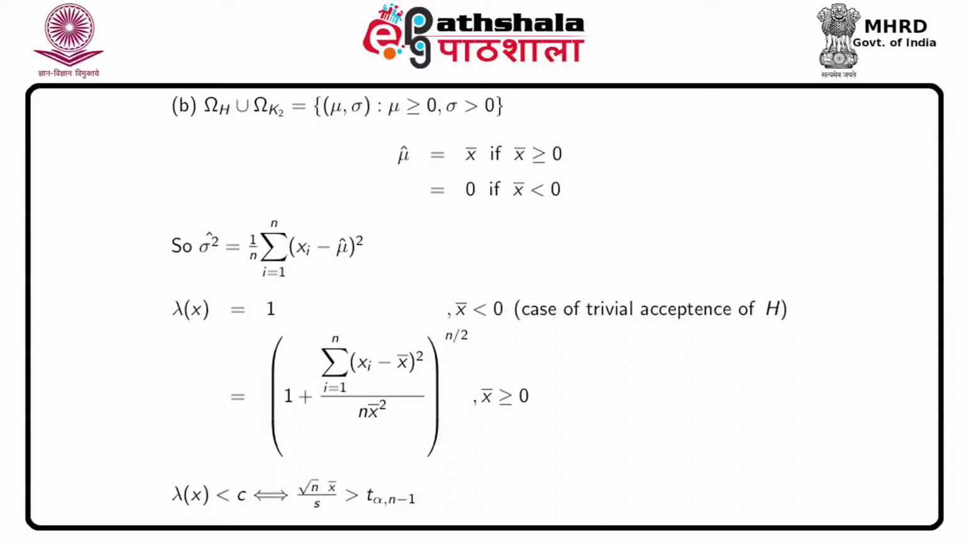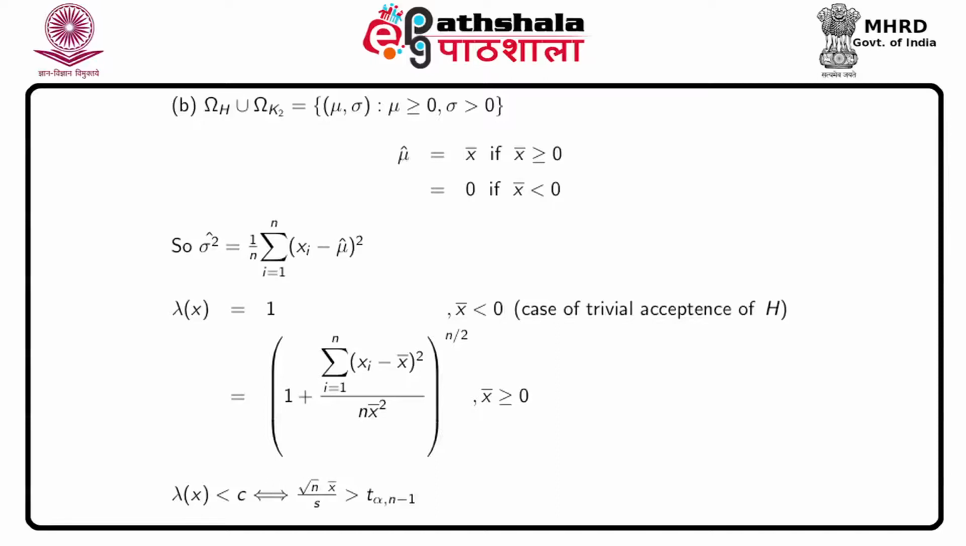So we can say that with respect to mu, this parameter space is a restricted parameter space, and using the result of MLE under restricted parameter space, we can say that here mu hat will be equal to x bar provided x bar is greater than or equal to 0, and mu hat will be equal to 0 if x bar itself is negative. So sigma square hat, that is the MLE of sigma square, will be 1 by n summation xi minus mu hat whole square, and therefore on simplification we get lambda x will be equal to 1